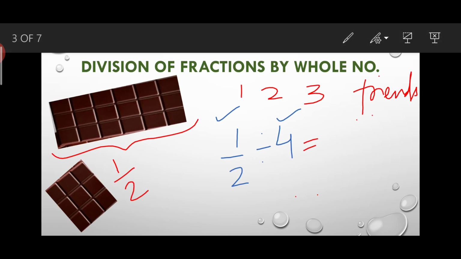So you can write here that 4 is the divisor and half is the dividend. Okay,